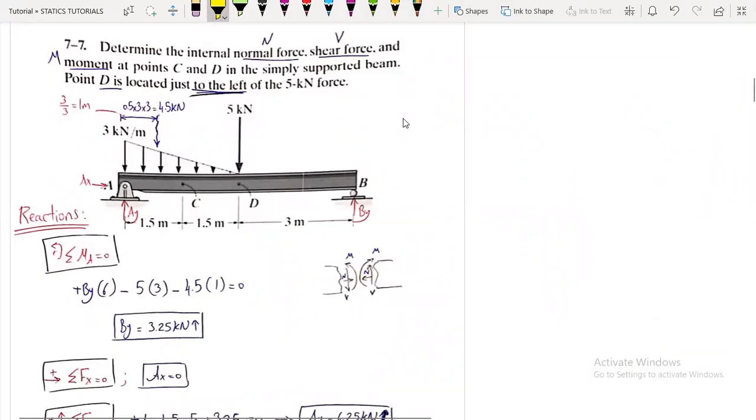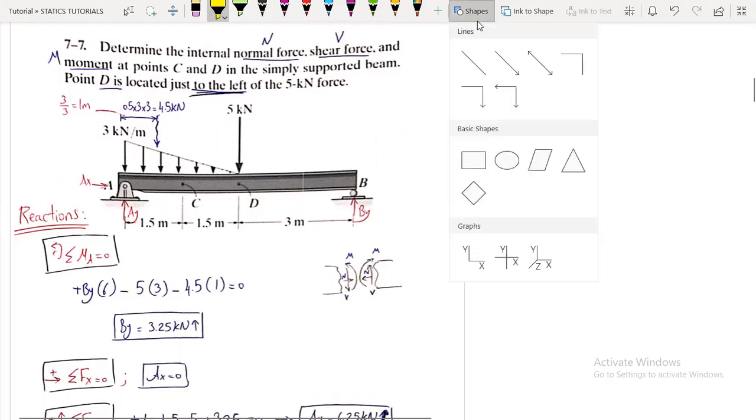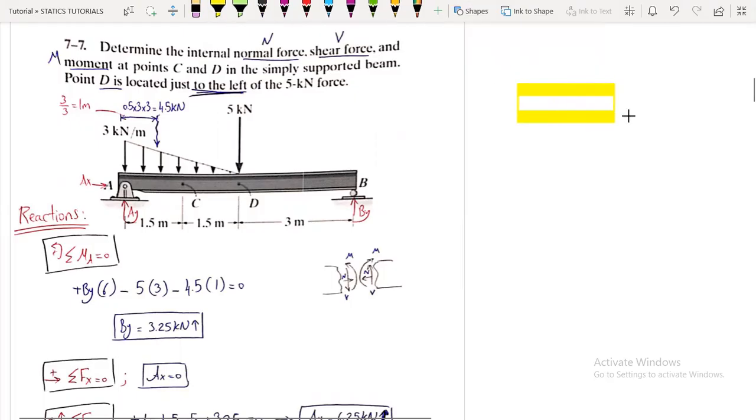Inshallah, today we're going to start our tutorial regarding chapter 7, which is mainly talking about the internal forces or loading at a specific point and the shear moment diagram. Okay, so as usual, just as a quick overview,